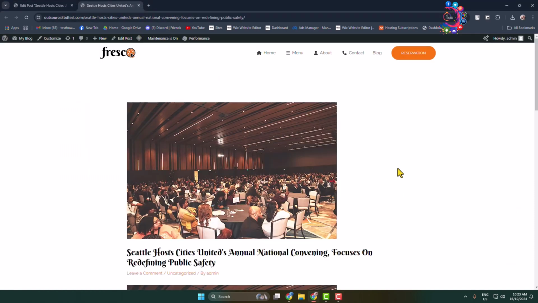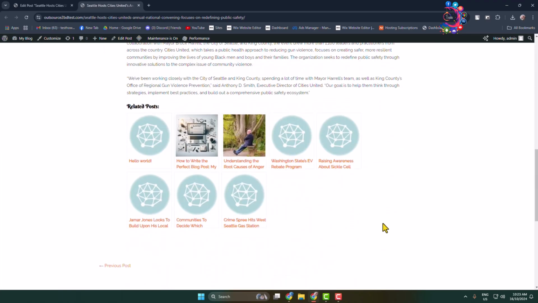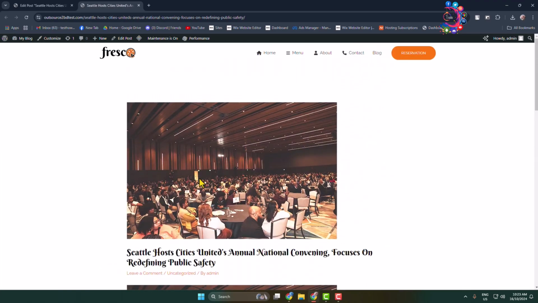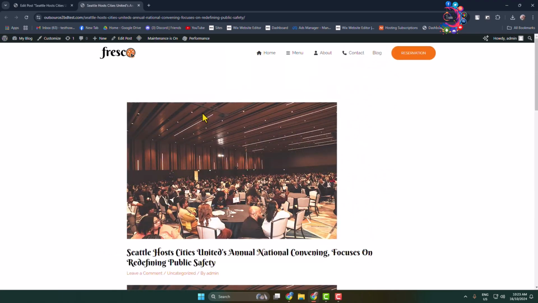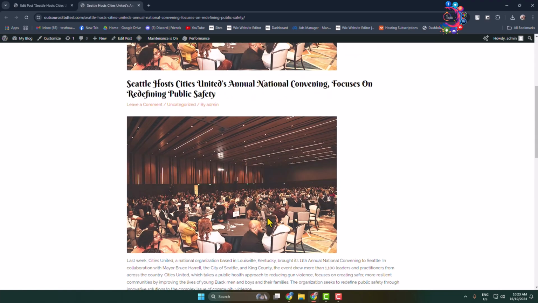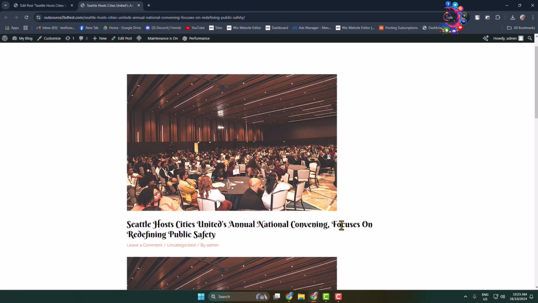So here's my WordPress post single page, and now as you can see my feature image is showing twice in my post page. Now this is my feature image and this is the image I uploaded in my post page. Now in order to remove or hide the feature image from a post, all you need to do is edit the specific